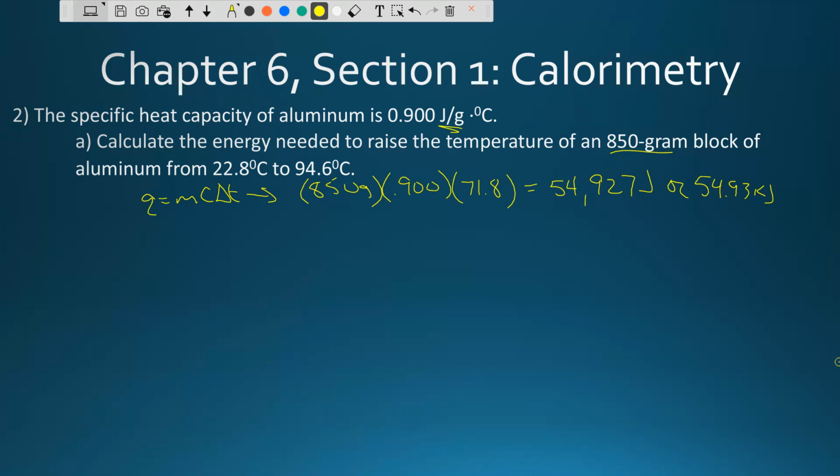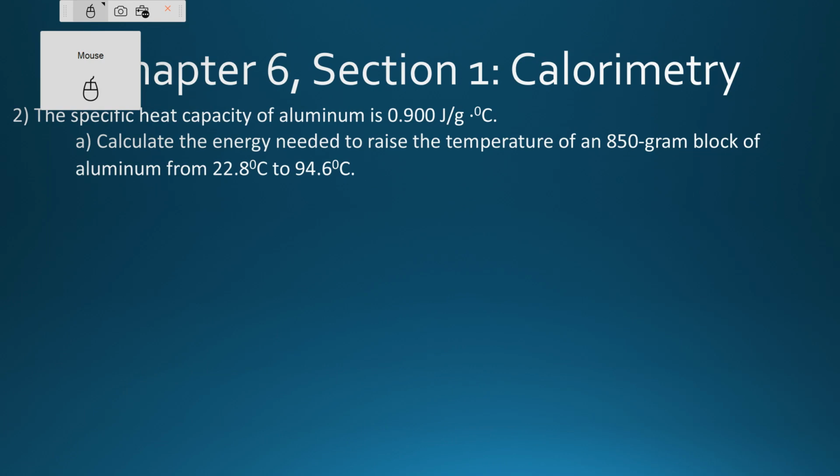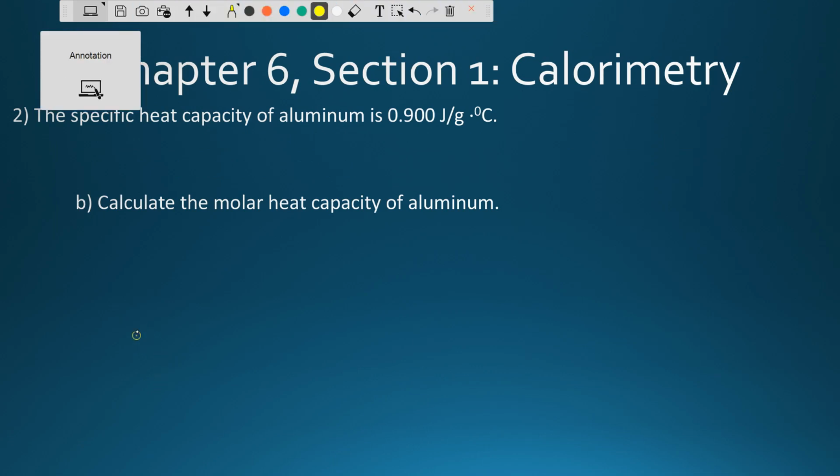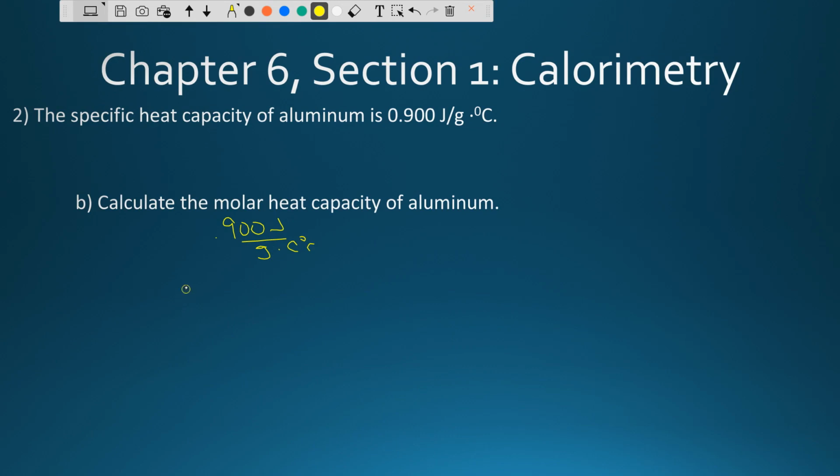Okay, very simple. But what if I wanted to do one more component of this? And that component would be, now instead of finding my enthalpy, what if I wanted to know the molar heat capacity? Now, molar heat capacity, if you remember, is going to be, let me back up a little bit. We said that we have 0.900 joules per gram times degrees Celsius. Okay, so if I have that, well, my molar heat capacity